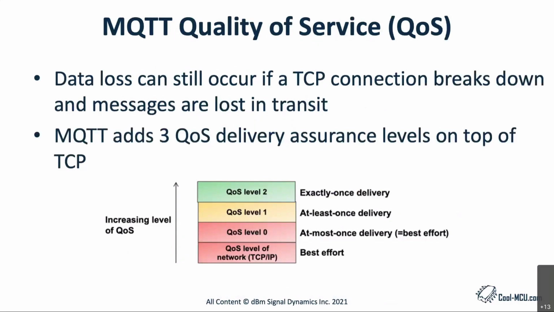Since data loss can occur due to an inadvertent TCP disconnection, MQTT provides message transport service levels on top of TCP. QoS is a key feature of the MQTT protocol. QoS gives the client the power to choose a level of service that matches its network reliability and application logic. Because MQTT manages the retransmission of messages and guarantees delivery, QoS makes communication in unreliable networks a lot easier.